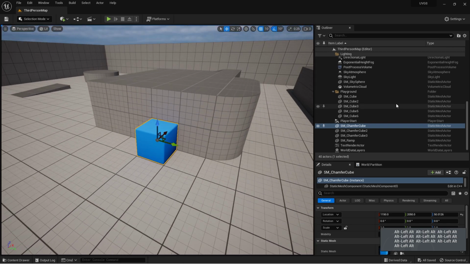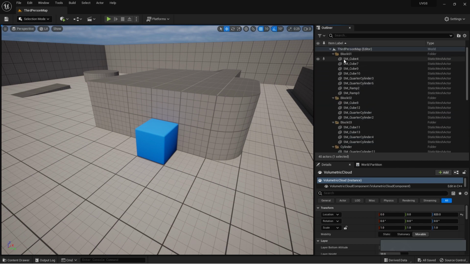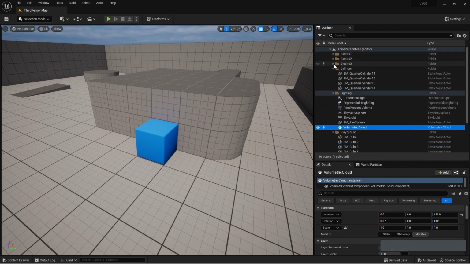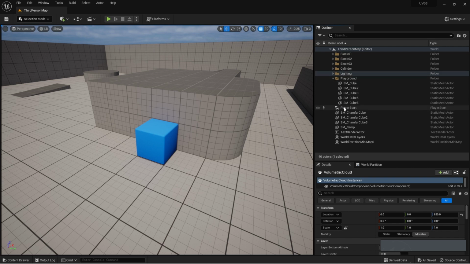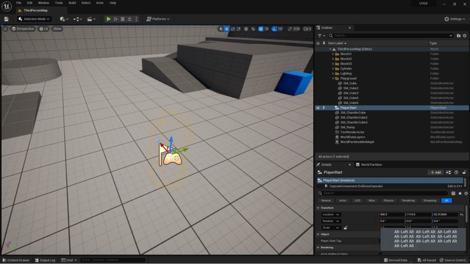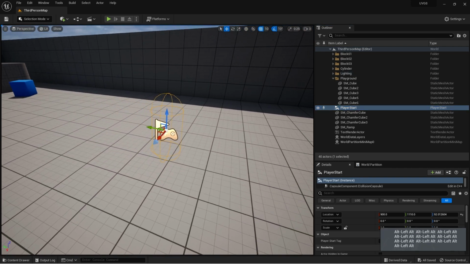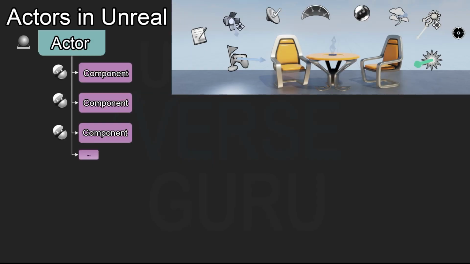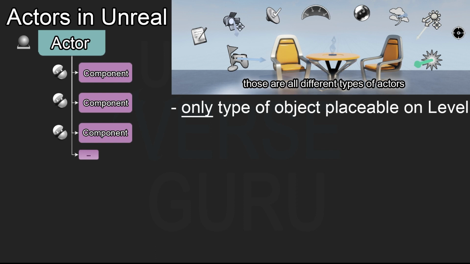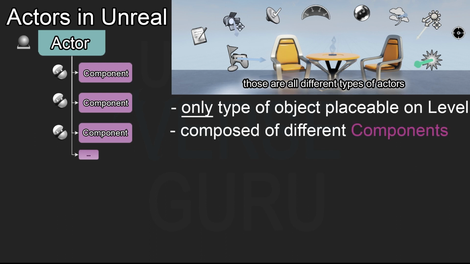So back to the outliner, it is divided by folders. You can create folders just to nest things together and have them a little bit more organized. So for example, player start, which is actually the place from where the player starts the game. This is one of the selectable actors because everything that you put on a level is an actor. That's a long-standing convention of Unreal. So what are actors? In short, an actor is a type of asset, the only one that is actually placeable on a level. And actors are composed of components, and we're going to see later on how those components define the actor